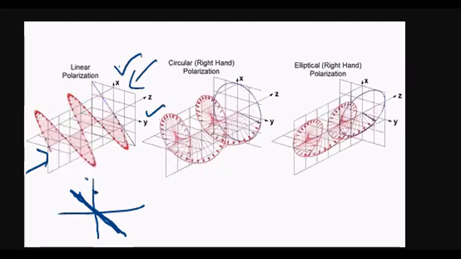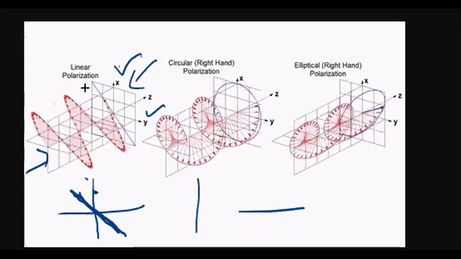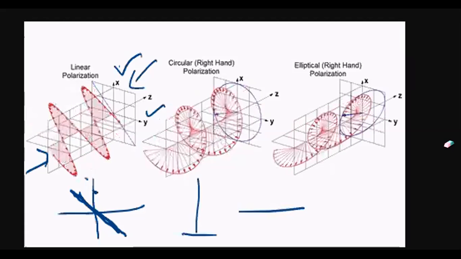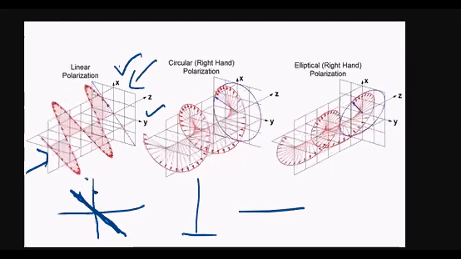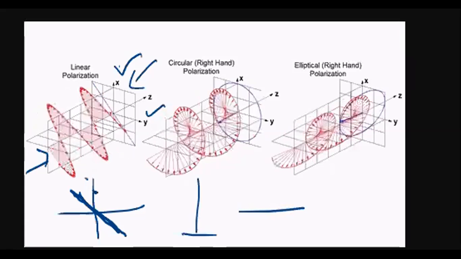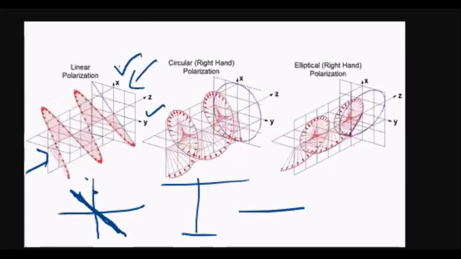So the electric field line is called linear polarization. It can be exactly vertical, it can be horizontal, or it can be sloped. If the electric field is like this, it is vertical; like this, horizontal; and if it is some slope, then this is linear polarization. And in the next diagram you are seeing the electric field doing a circular motion.